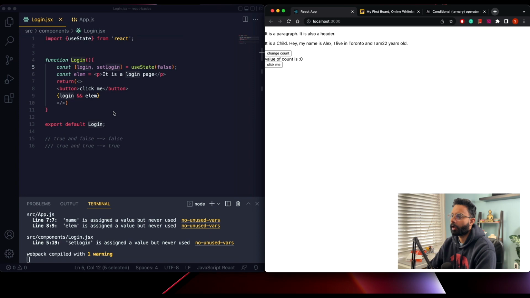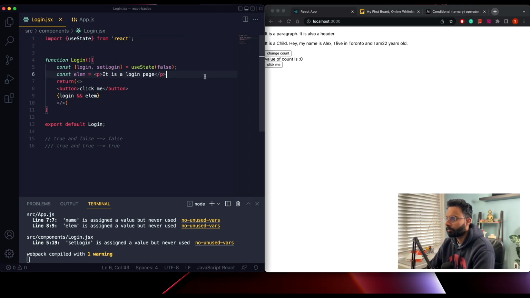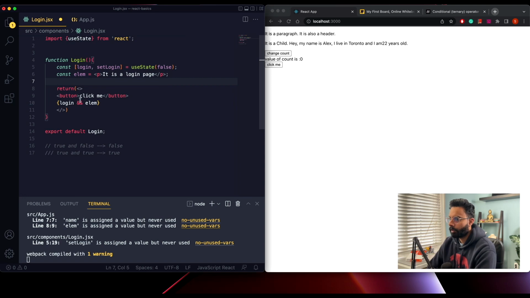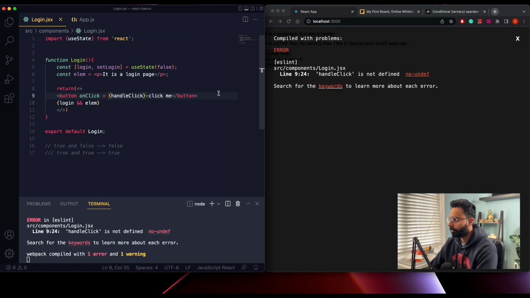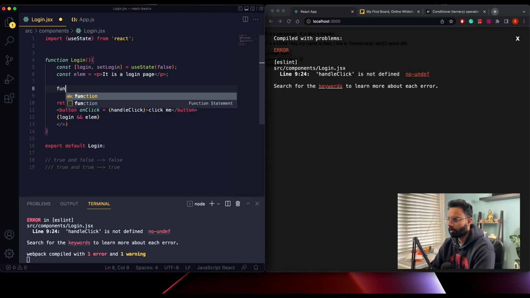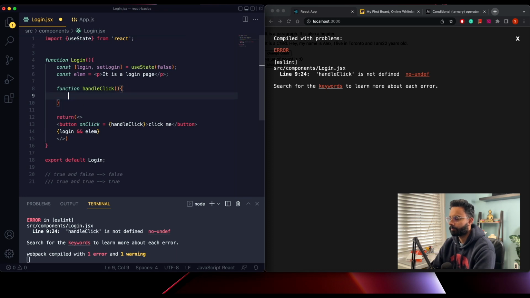How can we achieve that? We will see that right now. Okay, so let's make some space here. We will need to add an event handler here. So on click, we should run the handle click function. If we save it, it will complain that we don't have that function defined, so we will need to define it. So function handleClick, and then